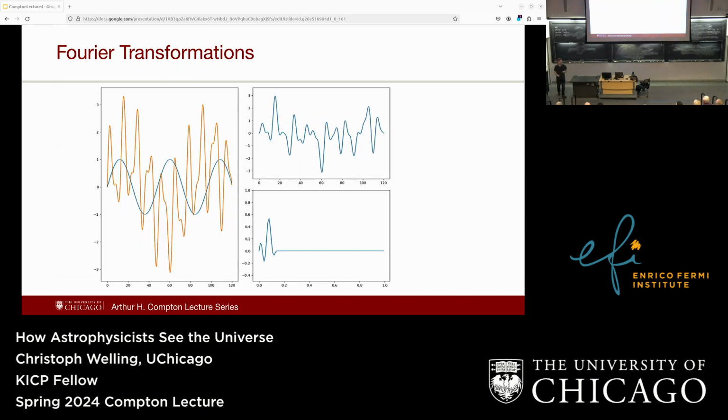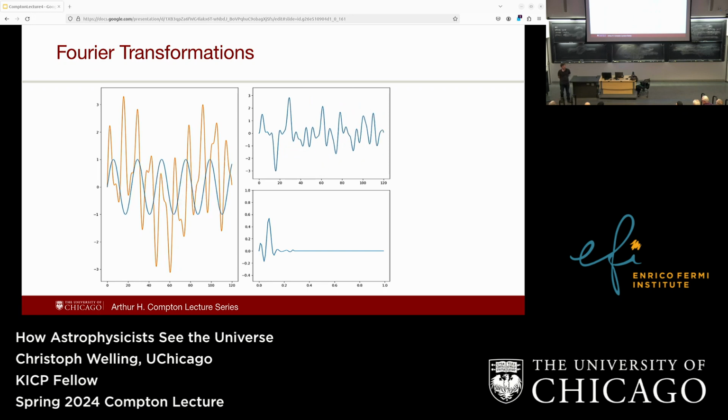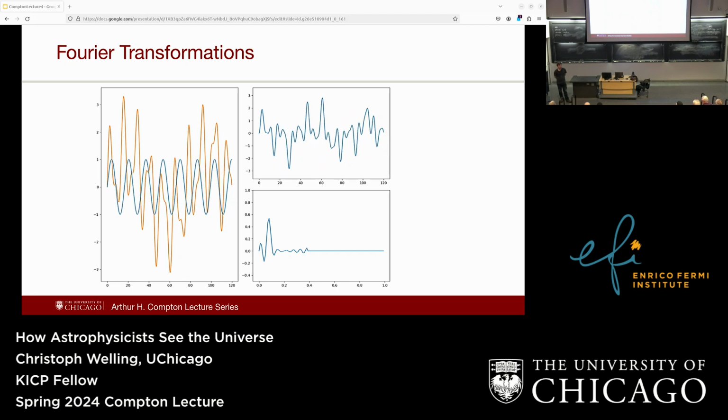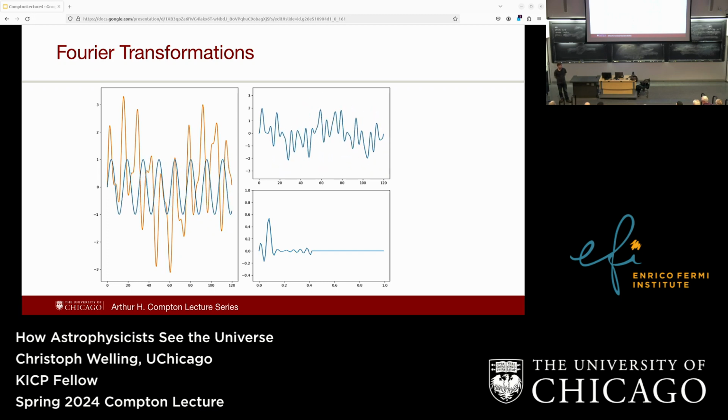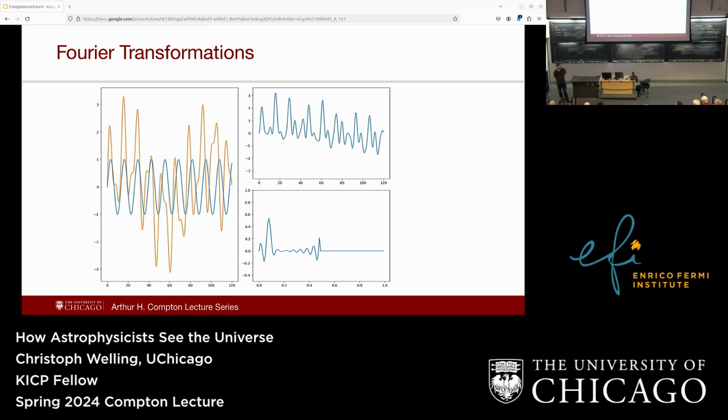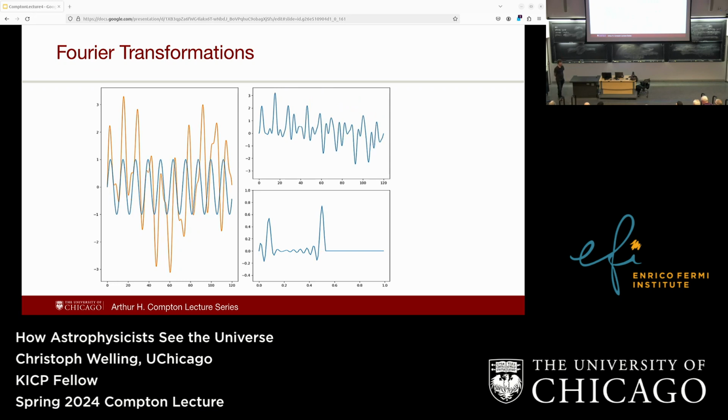Yes? Are you saying that in terms of this data, instead of retaining the actual data, you look for a transformer and you retain the transformer as opposed to the original data? Yes. Doesn't that bias your interpretation of the data later?